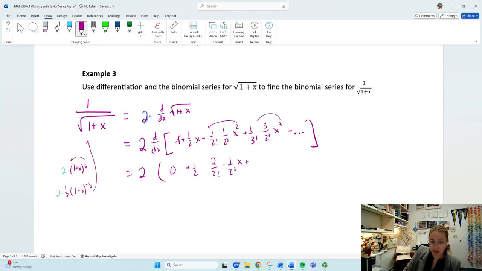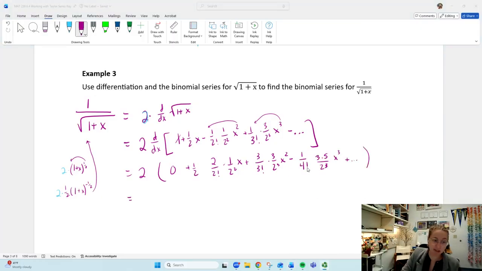Plus my 3 is going to come out and multiply, so I'll have 3 over 3 factorial times 3 over 2 to the third x squared, and then my alternating will go back and forth, but I've actually found a binomial expansion for 1 over square root of 1 plus x by taking my derivative of something that I already had. I wrote one more term in there just so we can actually see the pattern that is happening here,